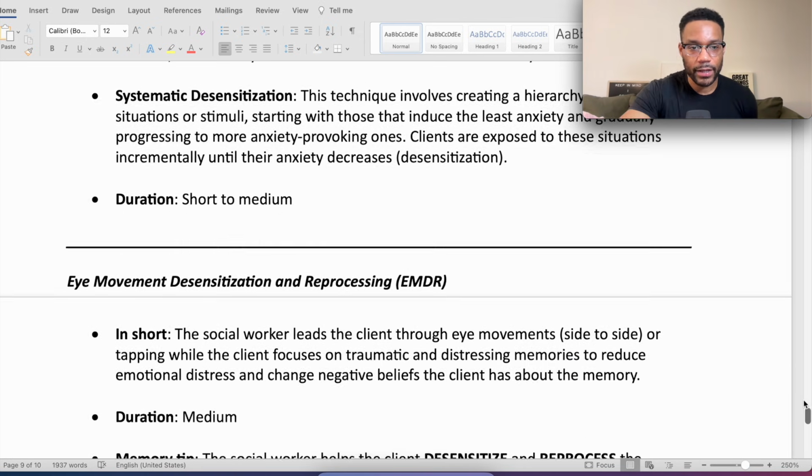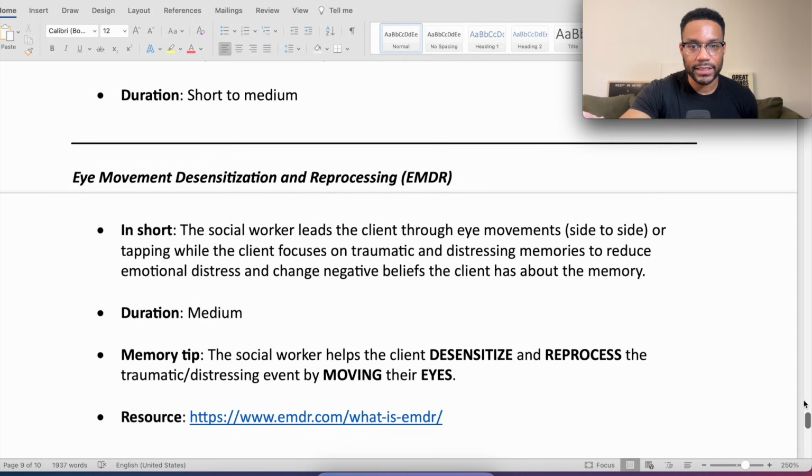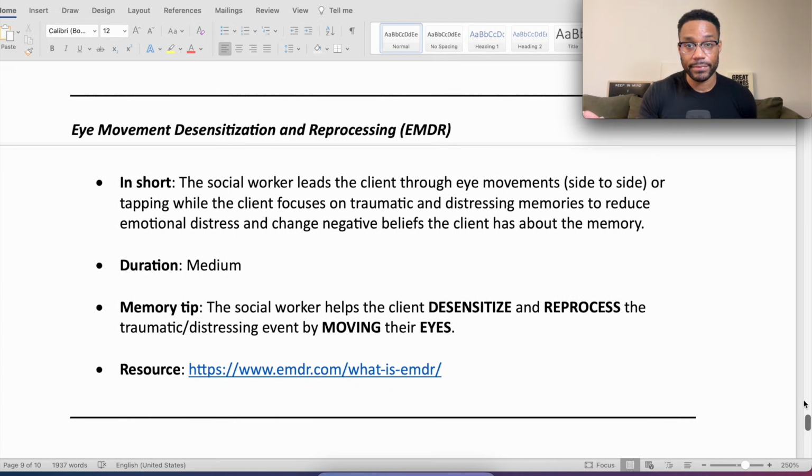Then we have Eye Movement Desensitization and Reprocessing, or EMDR. In short, the social worker leads the client through eye movements, side to side, or tapping while the client focuses on traumatic and distressing memories to reduce emotional distress and change negative beliefs the client has about the memory. Duration: medium term. Memory tip: the social worker helps the client desensitize and reprocess the traumatic or distressing event